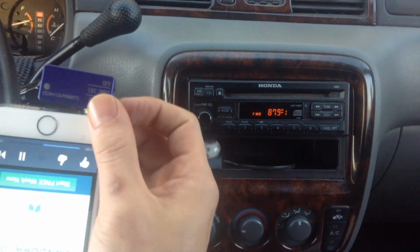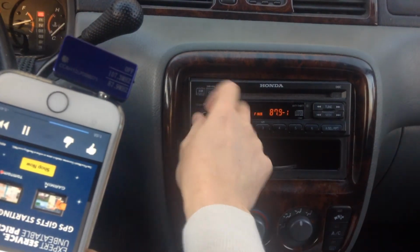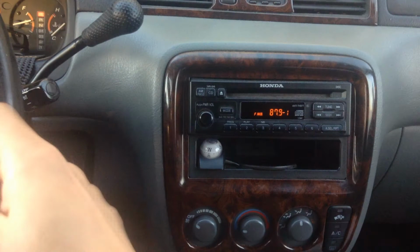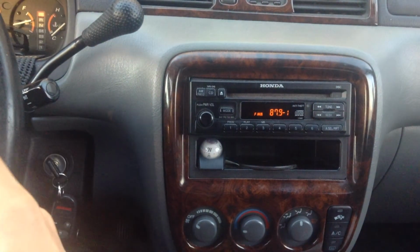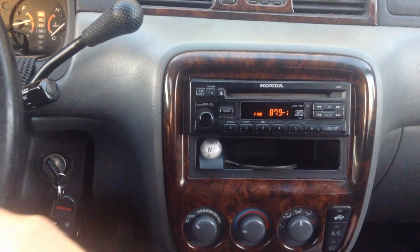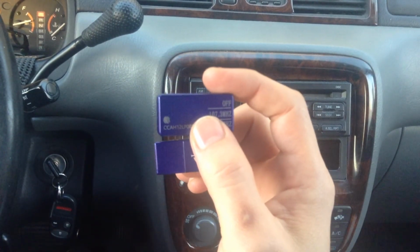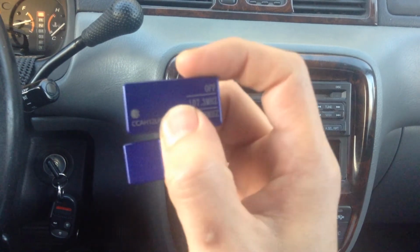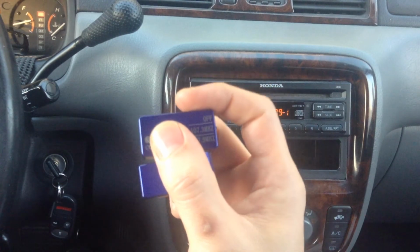Now we turn it off, and the noise returns. So this is how you can get your music from your new iPhone onto your older car radio without Bluetooth or an aux input. You simply connect this device, the iPhone FM transmitter from iPhone-FM-transmitter.com. You connect this device onto your iPhone, and then you'll be able to listen to your music